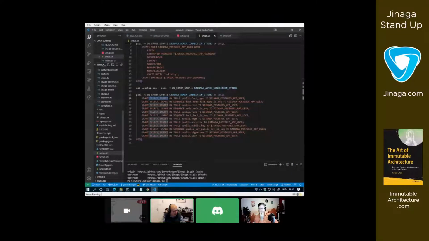Yeah, to run the setup script. It still has the psql command rather than saying to use the shell script. And it doesn't have the grant statements in the documentation.